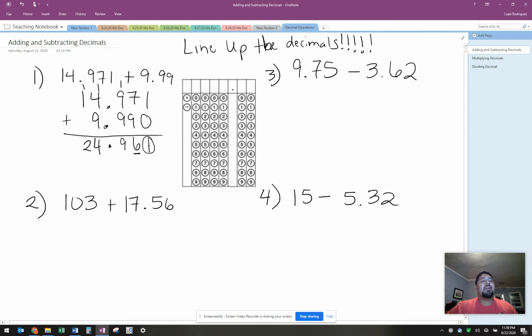Now, if this number right here is 5 and above, I might as well go to the next number up for this 6. But if it's below 5, meaning a 4, a 3, a 2, or a 1, I'm just going to keep it at 6. Okay, so this is actually a 1, so I'm going to keep this at 6. So this means I'm going to round it down. So really my answer here to put in the Griddable, only to put in the Griddable, is 24 and 96